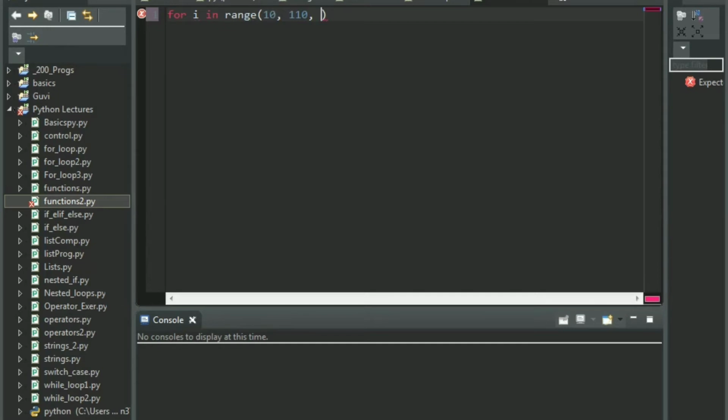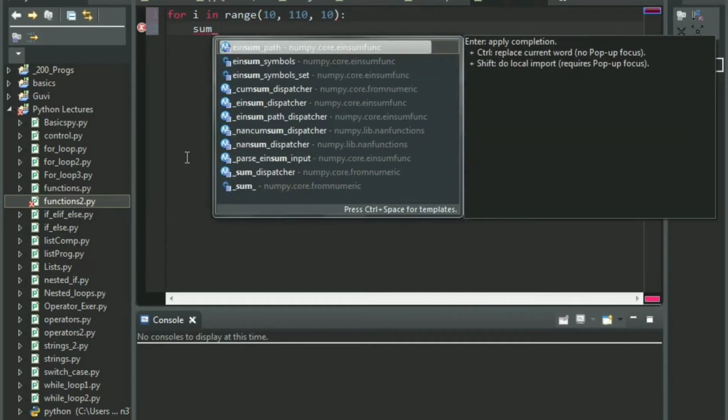Why? Because I wanted to go up to 100, so 10, 110 and 10. Okay, we could have done this and given a colon and then told it to print the sum, right? We could have just done that.